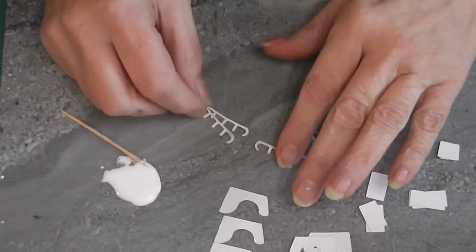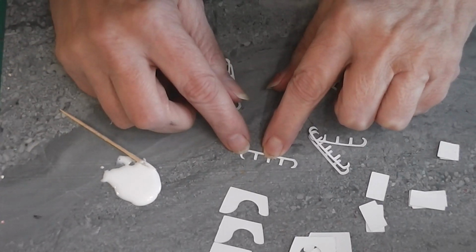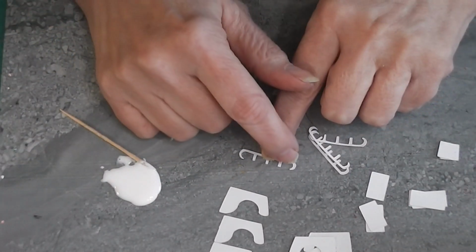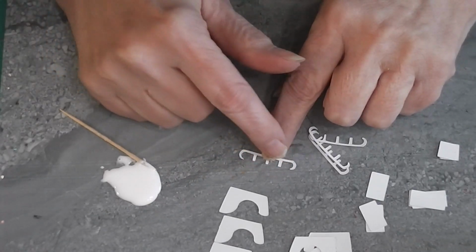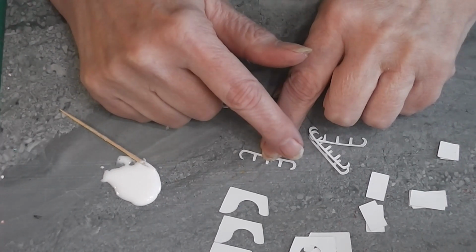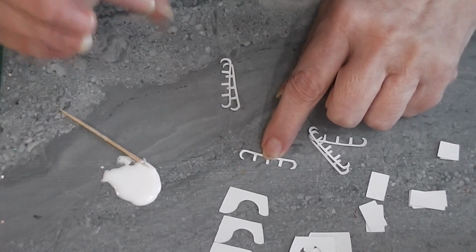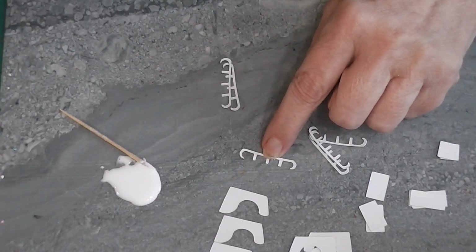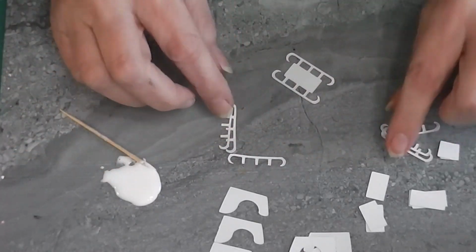Also, when you look at the runner for the sleigh, it's hard to see, but if you look closely, I'm not sure the camera's picking it up, this end is smaller than this end. It's slightly different shape. The smaller one is the back. The bigger one is the front. It's very subtle, but there is a slight difference in size and shape, so it will make a difference when you're gluing them together. So I've got some tacky glue here and a toothpick, and we're going to start with